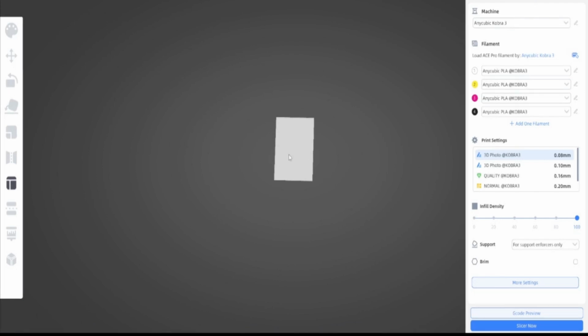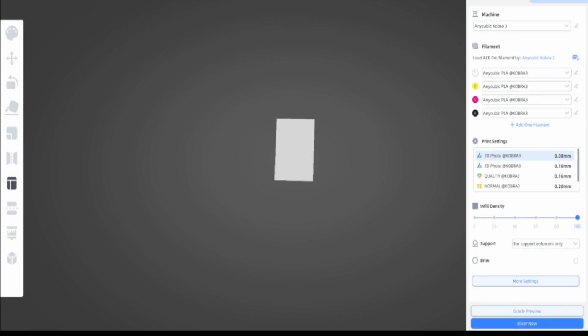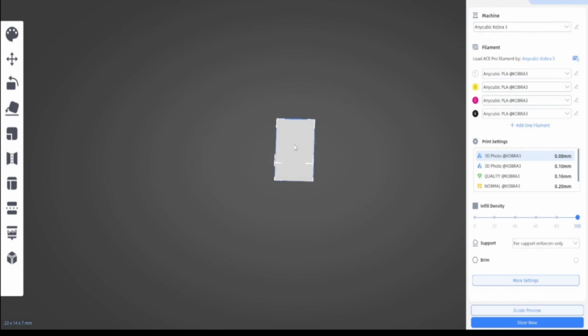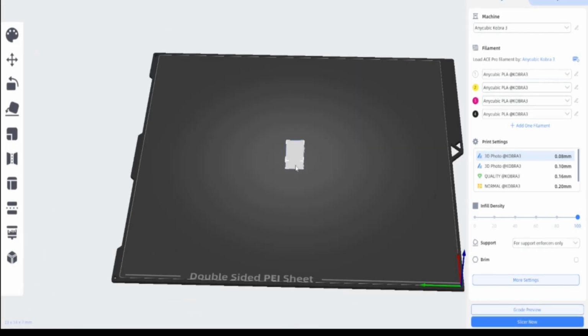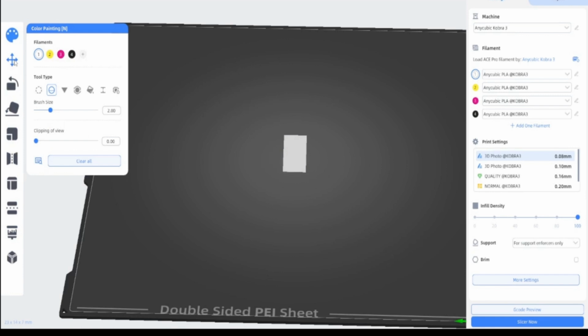So this is how you resize or scale a 3D object in Anycubic Slicer. So you basically click on your object, so that's your bed, that's your object on your bed, and then you've got all your controls there, so you can colour it, your filaments and your brush size and everything else. To actually resize it,